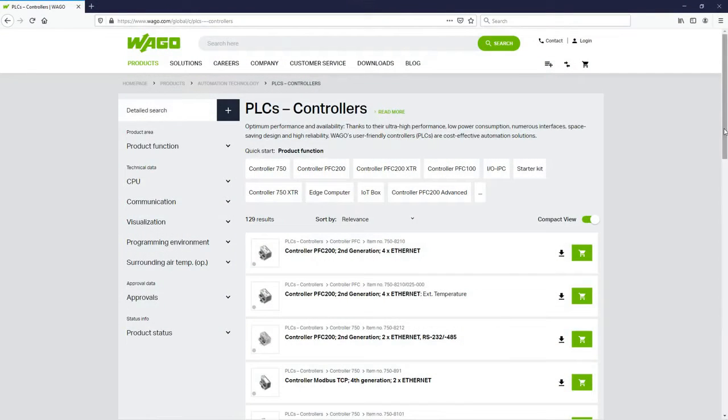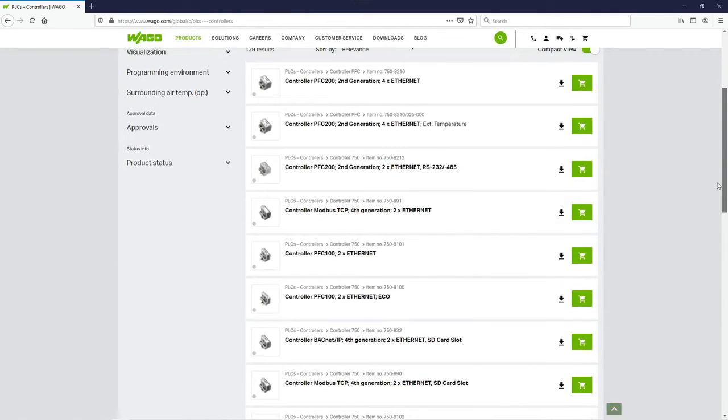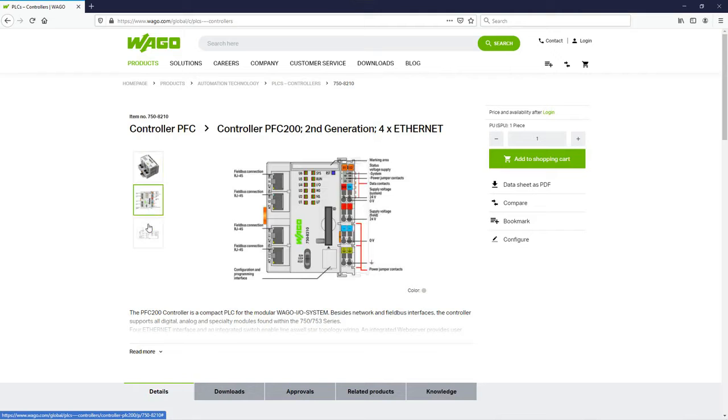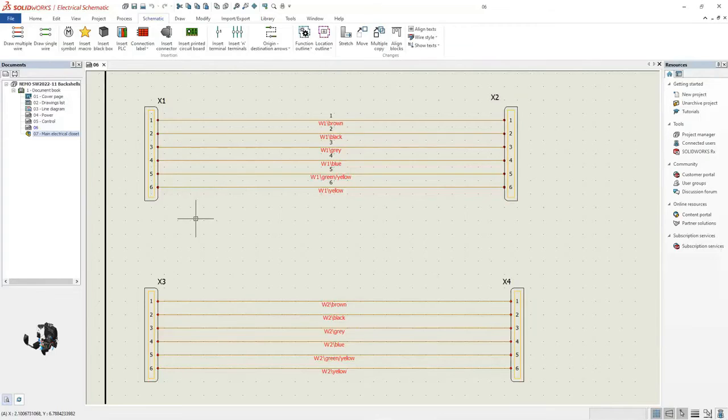New electrical components come online and engineers need to use them. Instead of creating them, you can search and download them using the Electrical Content Portal, or ECP, for SolidWorks Electrical Schematic. You can still use a web browser, but new is the ability to run ECP directly in the task